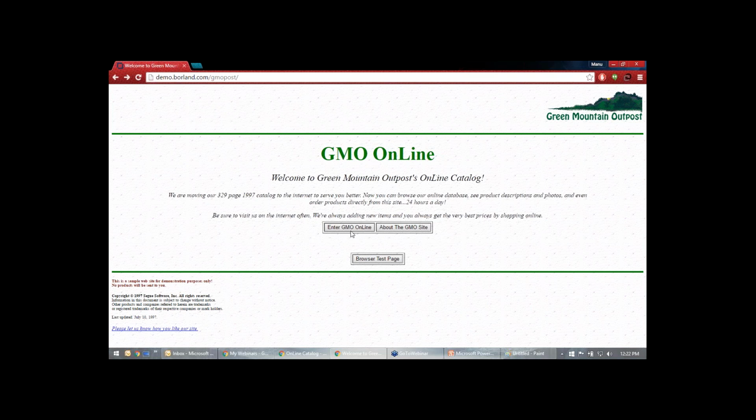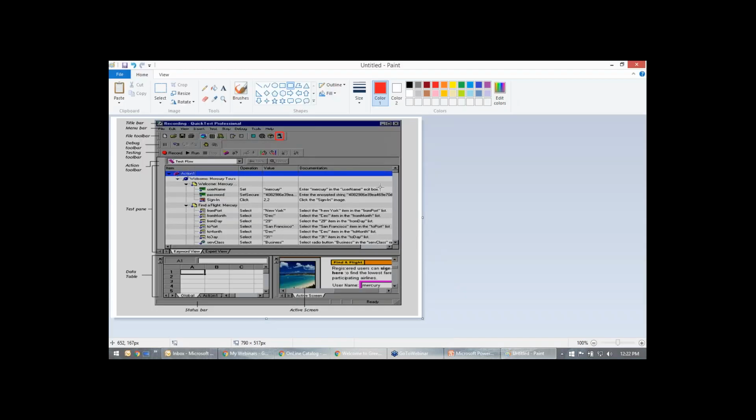In QTP, an object can only be identified through its properties and its values. There are so many properties. I only remember three: height, length, title. There is also the HTML tag, and so on and so forth. There are so many things. These are all called objects.